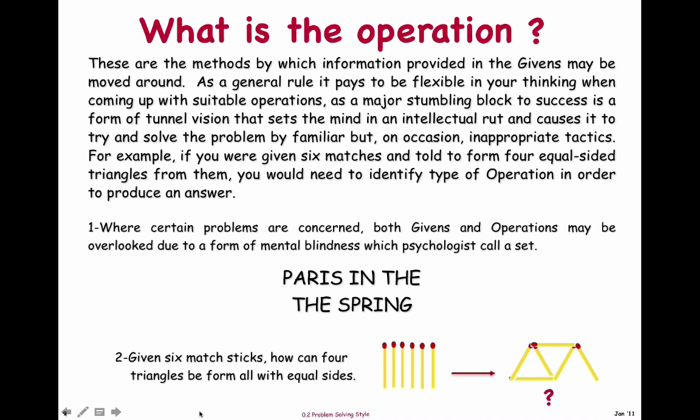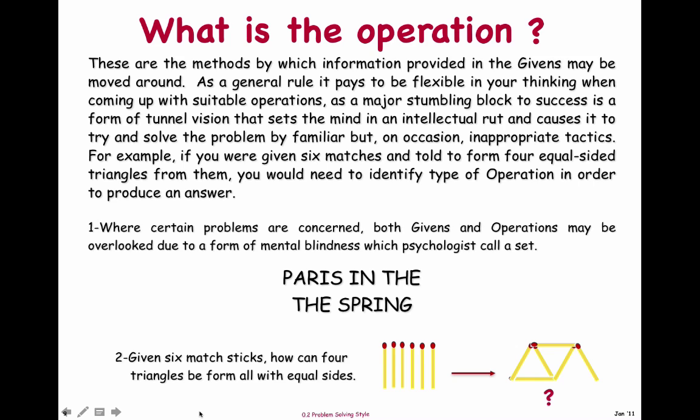For example, if you were given 6 matchsticks and told to form 4 equal-sided triangles from them, would you need to identify the type of operation in order to produce an answer? Think about that. The problem again is presented towards the bottom of this slide. But before you do so,